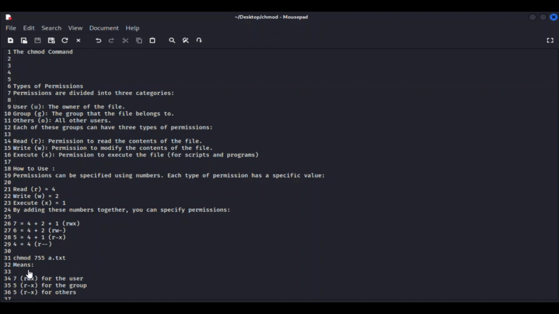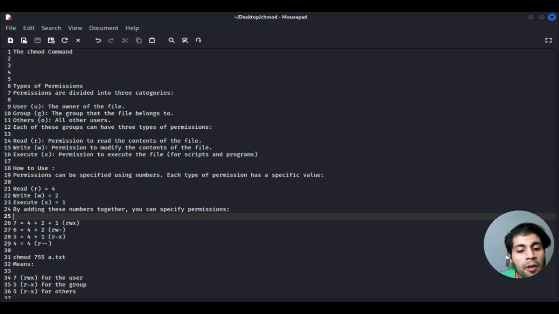What does it mean? 7 is RWX for the user, 5 is just RX for the group, and RX for others. Okay,